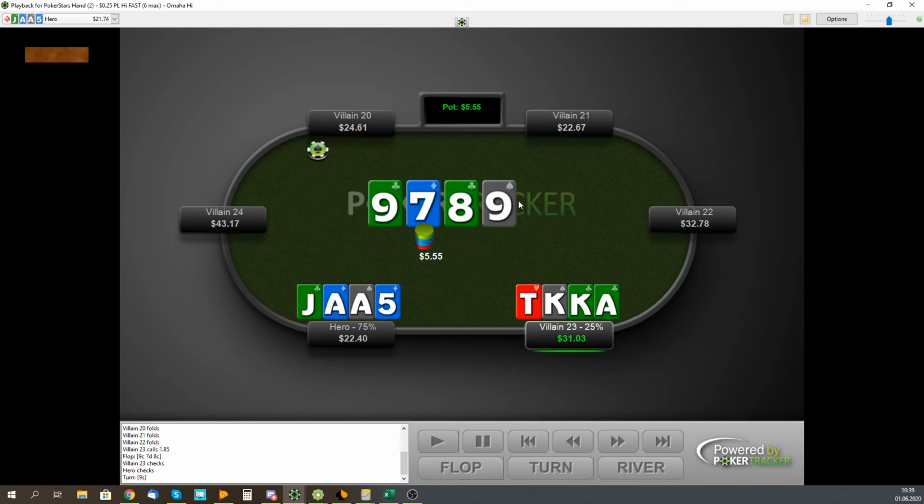And here, when the turn pairs, he pots it, and I do go ahead and make the call. Against many players, I would fold this hand on the turn with this line, but I decided that when I had capped my range on the flop, then this turn card was absolutely one of the best turn cards to bluff catch on. And he goes ahead and pots the river,